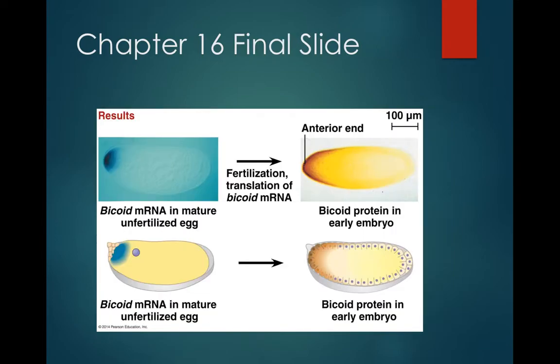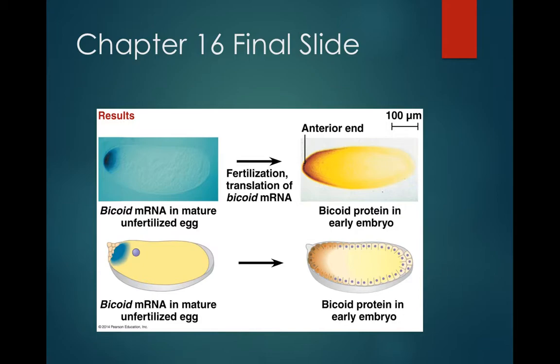The final diagram of this lecture goes along with an experiment on Drosophila, or fruit flies. The scientists who created the experiment theorized that the bicoid protein in the fruit flies coded for the anterior end of the fruit fly. To test this, they studied mature Drosophila eggs to see where the bicoid was in the eggs. The results proved their hypothesis to be true, that the bicoid protein does in fact code for the anterior